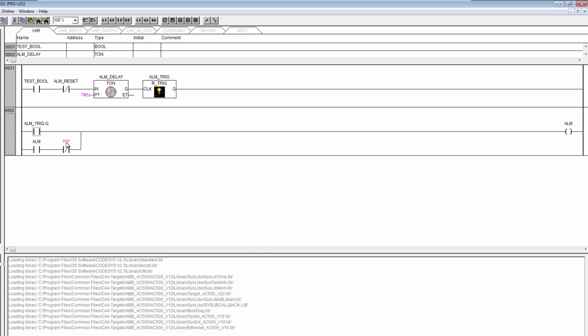And the last thing I need is my interrupt, and that's going to be ALM, and then I'll just take my shortcut to come down here and select the alarm reset, hit enter twice, and now I have an alarm being created, and it's also being managed. I can make it go away with the alarm reset,